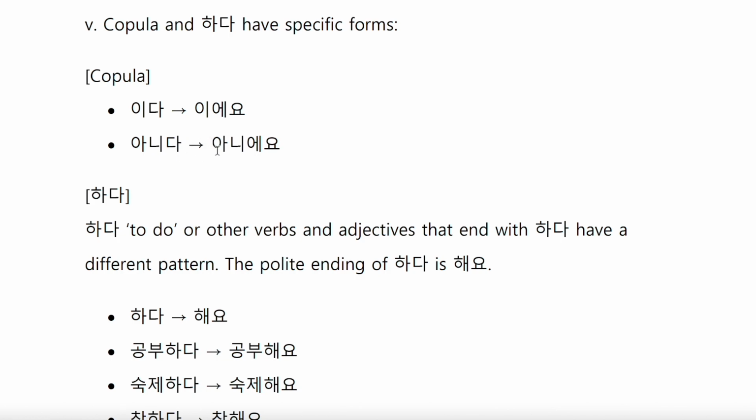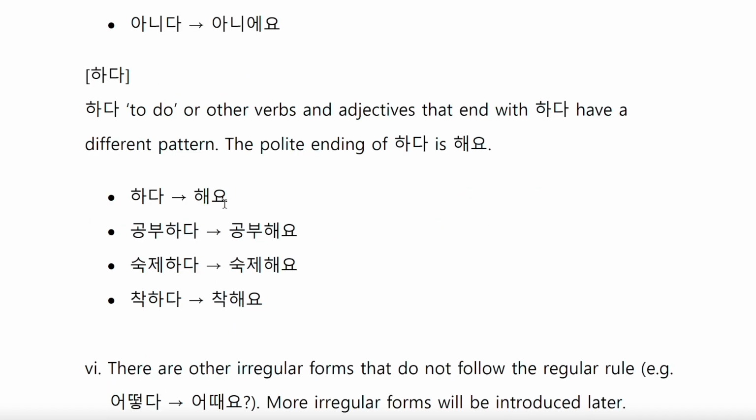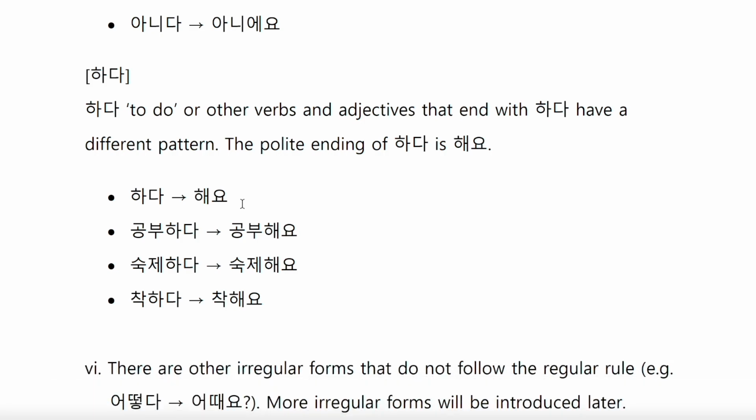그렇죠? 그 다음에 하다는 to do something. 그래요. 그런데 하다 conjugation is 해요. 그래요. 해요. Actually, the original form of 해요 is 하여요, but in contemporary Korean, we prefer this shortened form 해요. 그래요. 해요. But for other conjugations, we'll see the 하여 form later. 근데 이제 by now, just remember 해요. 해요 form. 공부하다, so you can see lots of verbs end with 하다.